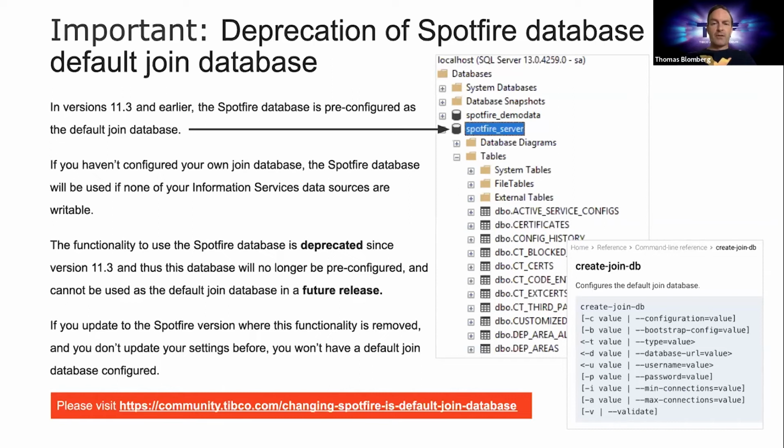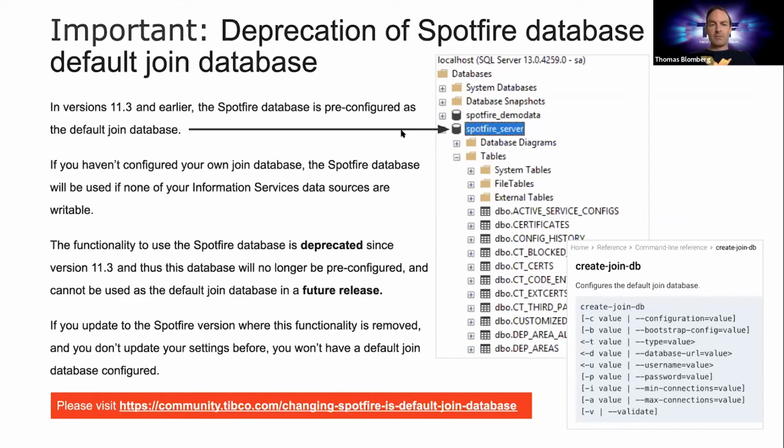And if data can't be moved to any of the data sources, Spotfire would move data to the Spotfire server database. And this is not always a good idea, because the Spotfire server database, as you can see, is a logical database. So this is SQL Server, we have databases, and one of them is Spotfire server. And you can see we store very important data, for example, related to deployment areas. So using it as a temporary storage for doing joins may not be the best idea.